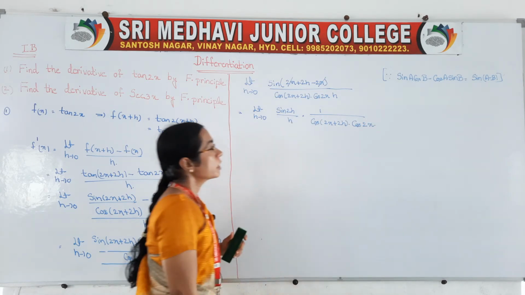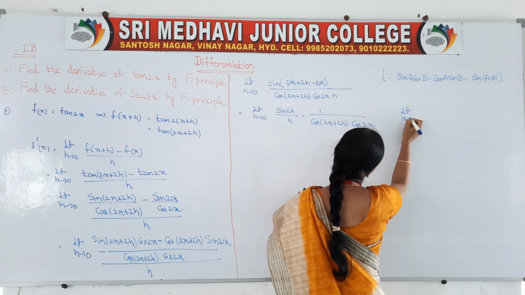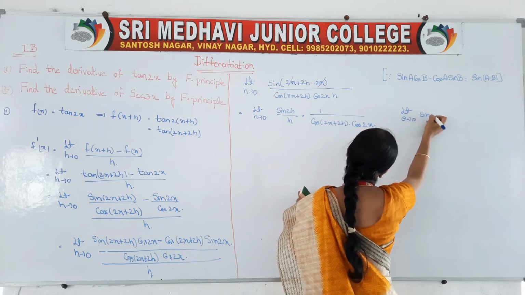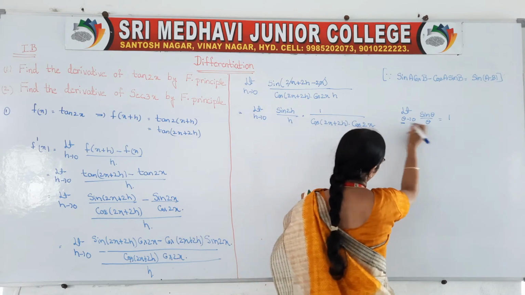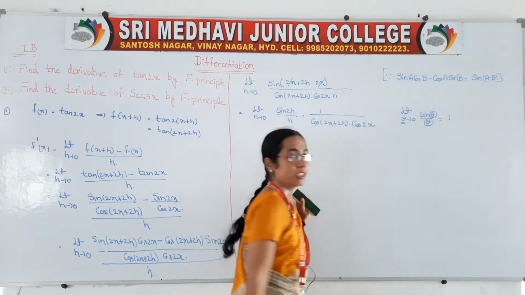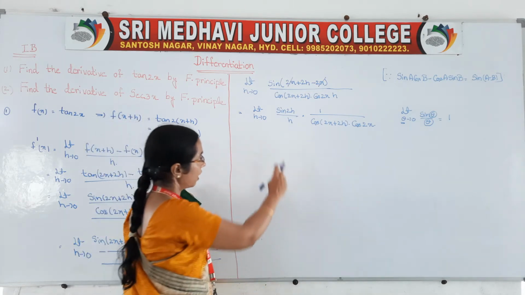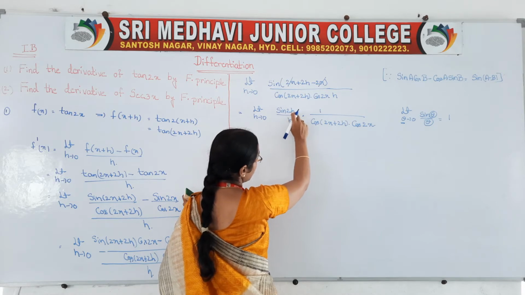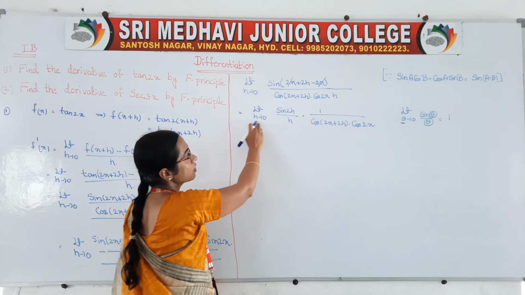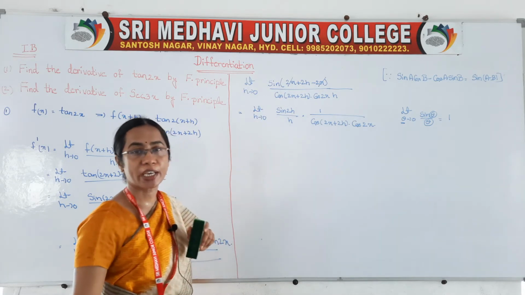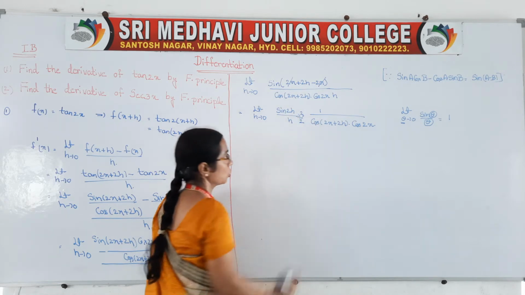There is one standard formula in limits: limit theta tends to 0 of sin theta by theta is equal to 1. That means these three values must be the same, then the limit of that value is equal to 1. Observe here, we have 2h here. If downwards also 2h is there, and 2h tends to 0, then this entire value becomes 1. So multiply and divide with 2.